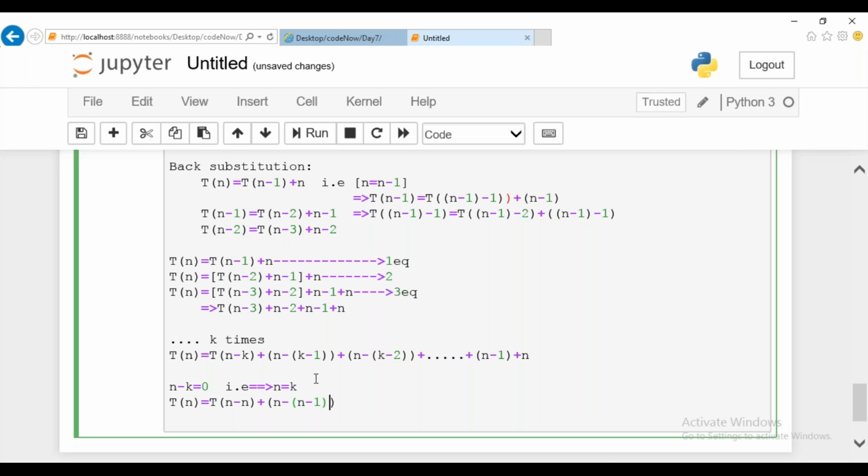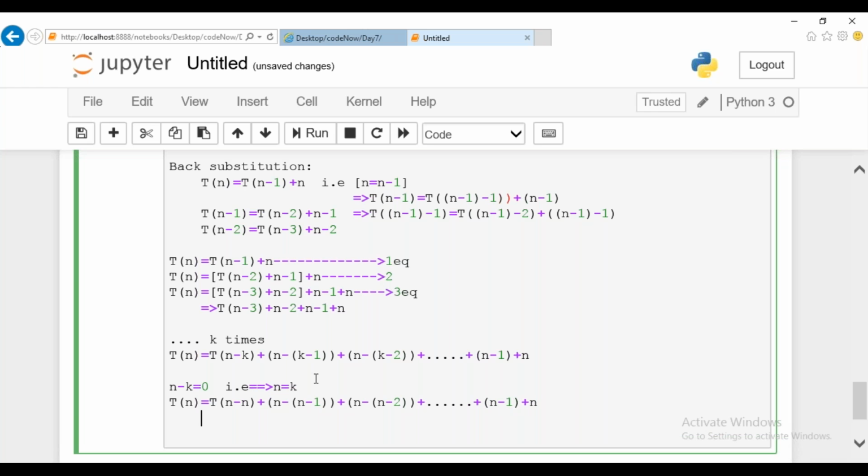Same way, substitute all the values, guys, and you can evaluate this expression. Minus 2 and so on. It's going to be executed till n minus 1 plus n times. So evaluating this, you'll be getting t of 0 plus.